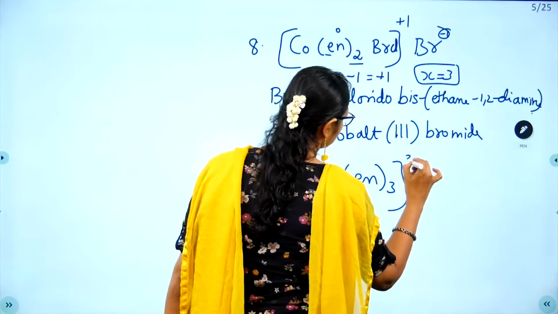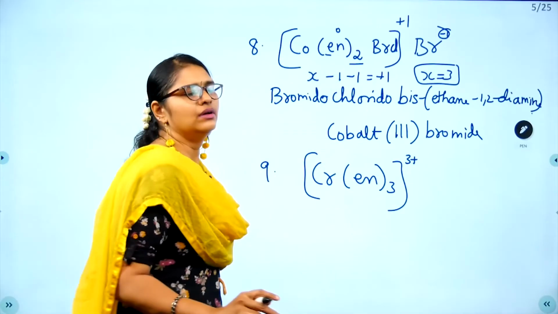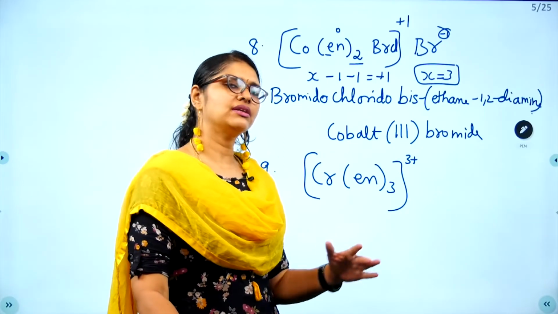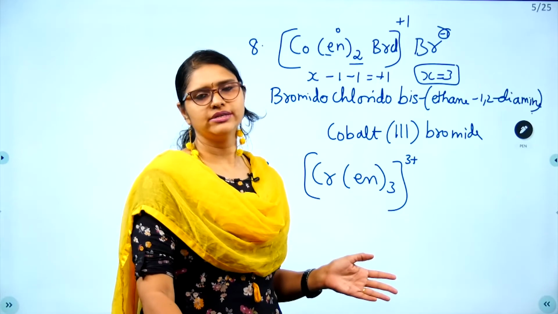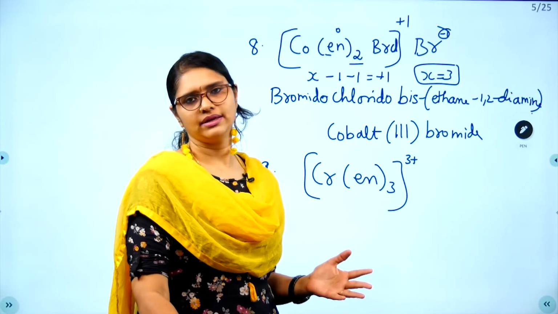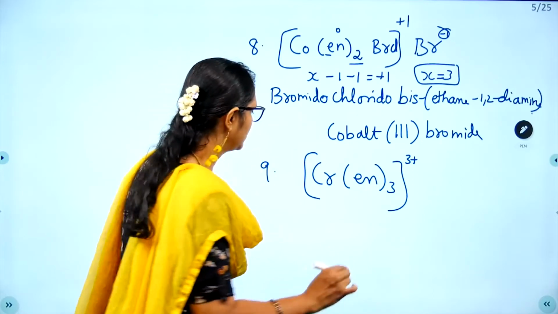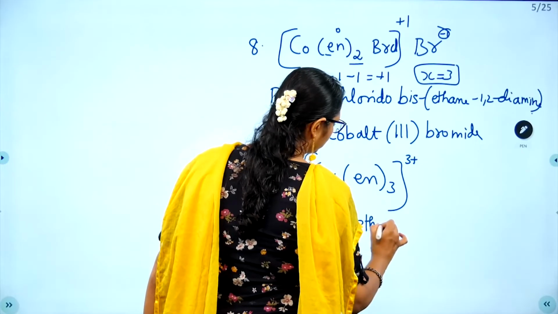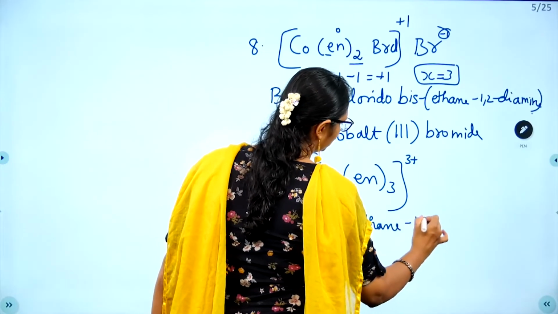How will you name this? How to name this compound? You don't have any other ligands, you just have only en, right? And it is a bidentate ligand, a chelating ligand, yes. So how to name this? Tris(ethane-1,2-diamine)